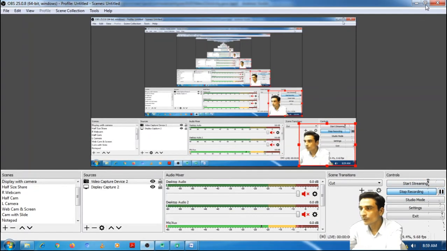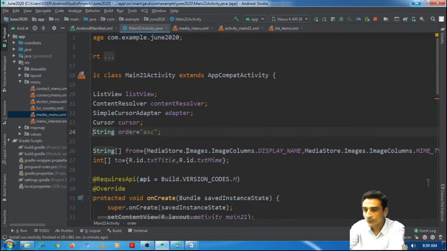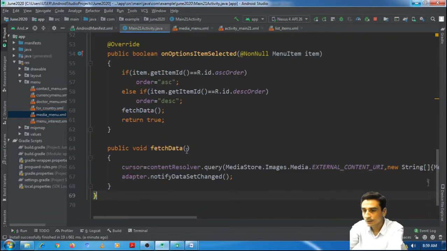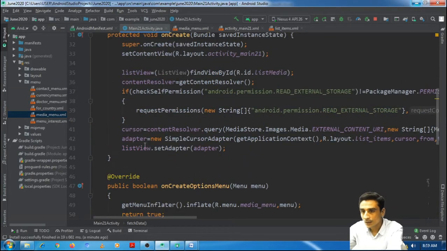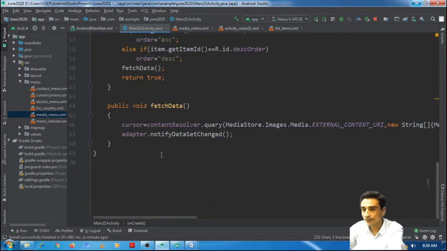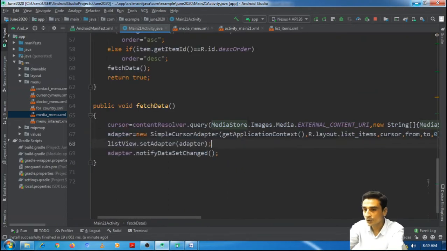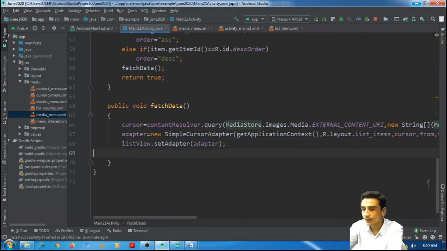So we should do one thing here. We can write the query here again. Yes, query is written, cursor is reinitialized, so we should also reinitialize the adapter, and we should also set it on the list view.